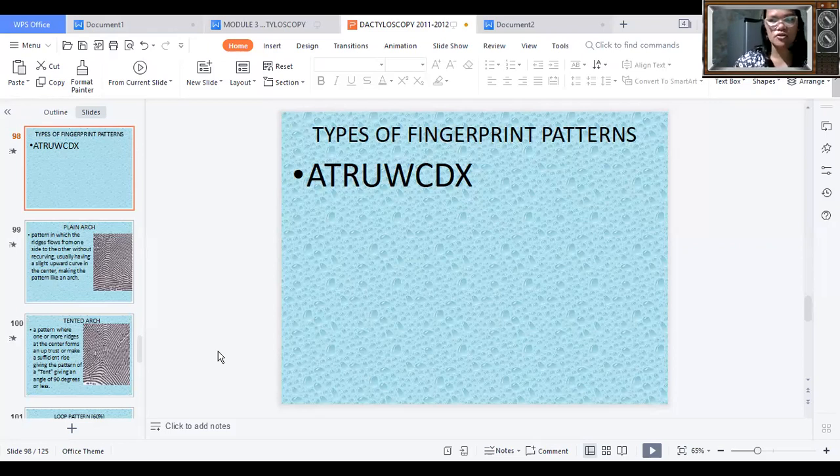Anyway, in the previous session we talked about the different personalities as well as their contributions and an overview of the terminologies pertaining to dactyloscopy, personal identification, dactylomancy, dermatoglyphics, and others. And we were able also to identify the different traits and characteristics. At this point in time, we will now focus our discussion on the types of fingerprint patterns. Okay,